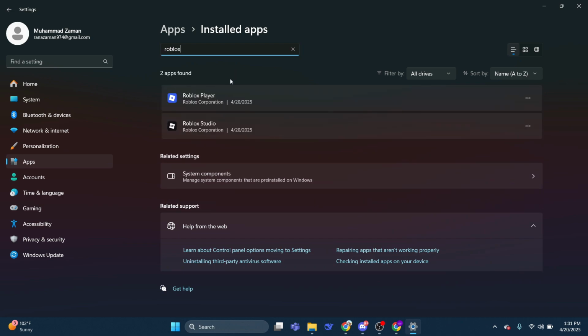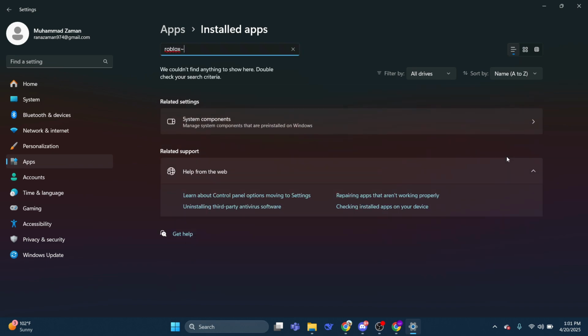Now at this point, you need to uninstall all instances of Roblox. So if you have Roblox Studio as well, you want to make sure that's all uninstalled from here. So any instances of the Roblox player, you want to uninstall, and again, the same for Roblox Studio. Now, once you've fully uninstalled Roblox, what you're going to want to do next is come back to your desktop, and